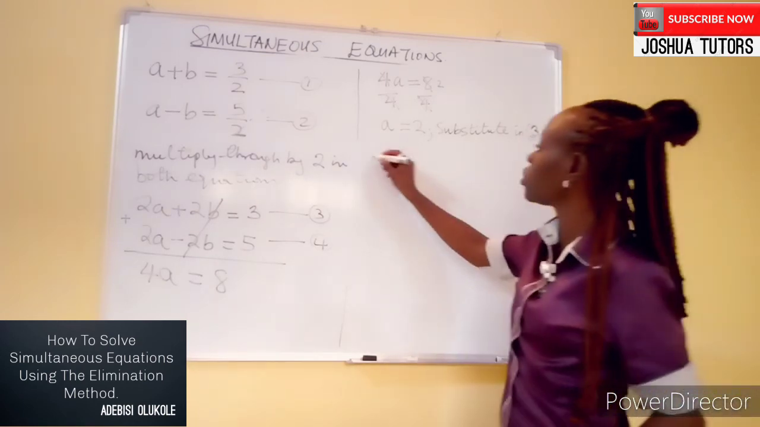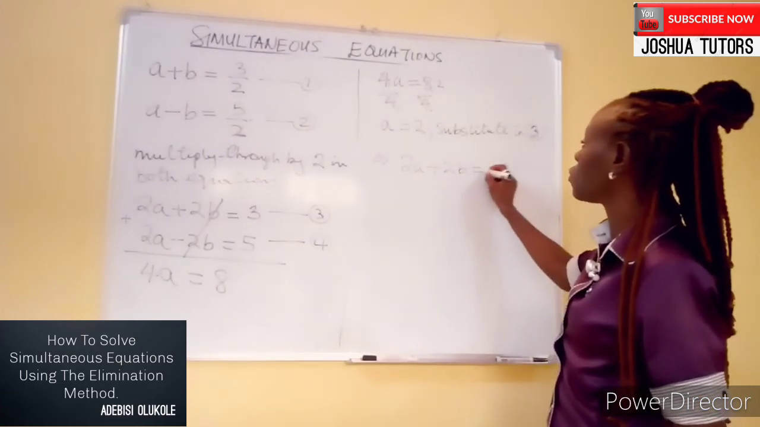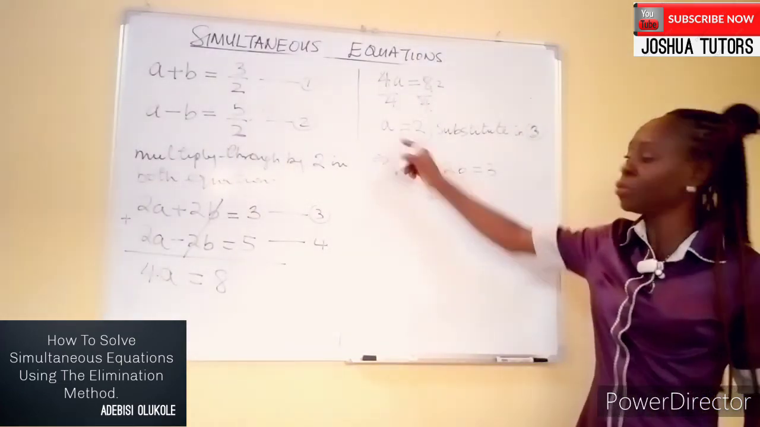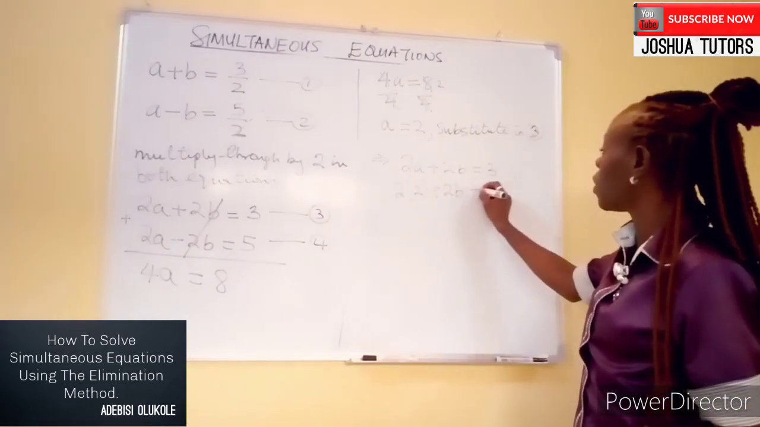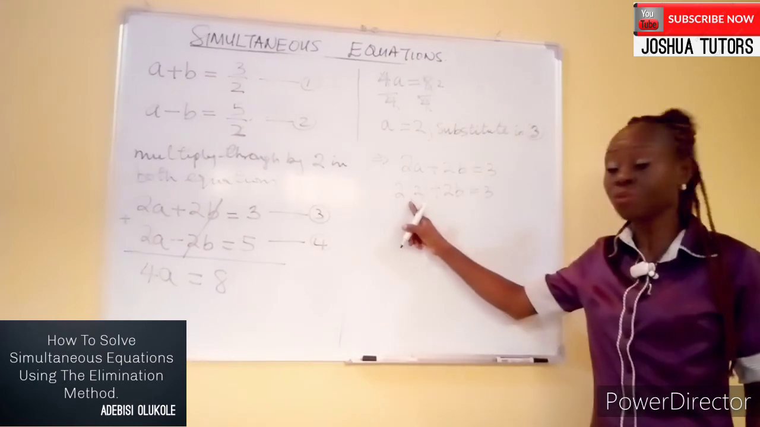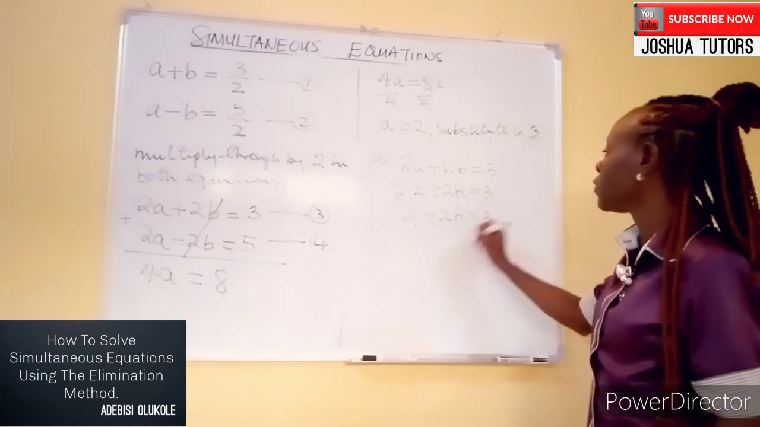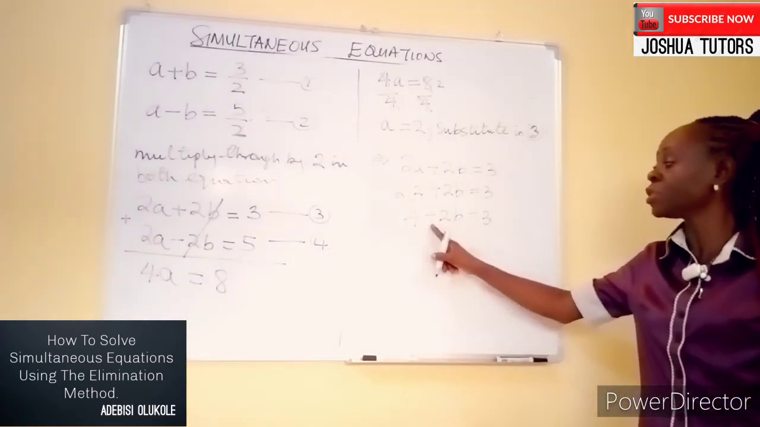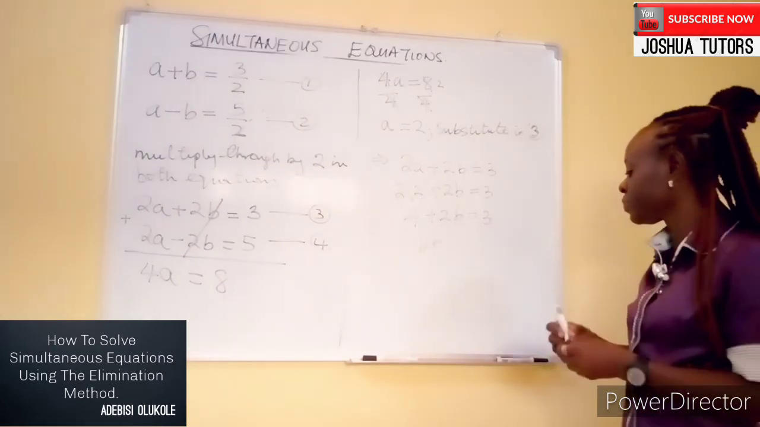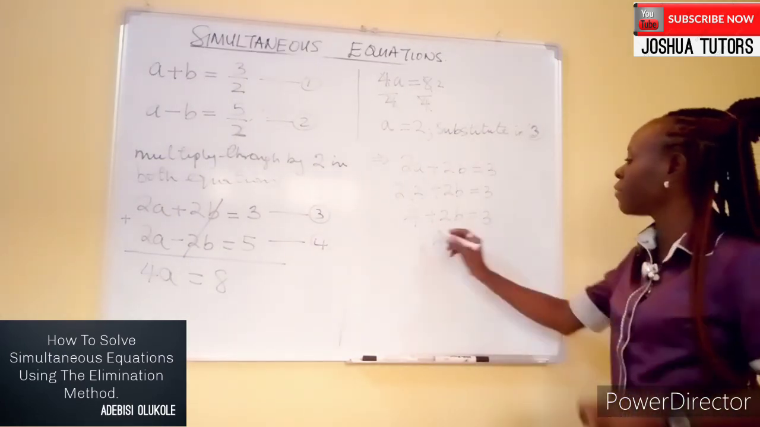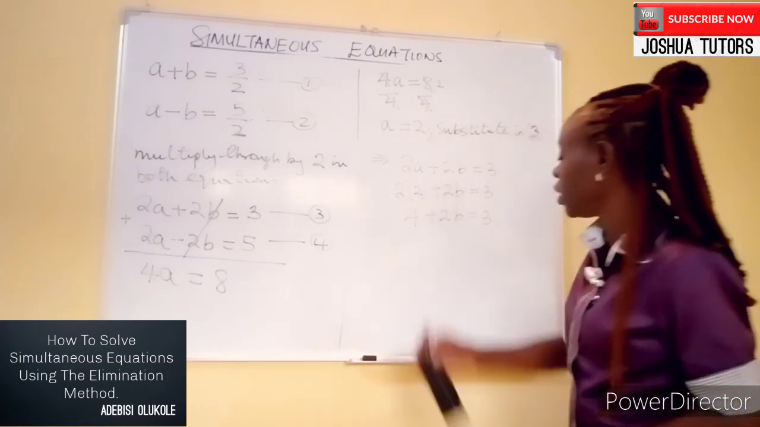What is equation 3? Equation 3 is 2A plus 2B equal to 3. The value of A here is 2. So 2 into 2 plus 2B equal to 3. 2 times 2 is 4, plus 2B equal to 3. 2B stays where it is. The coefficient is positive. I'm going to move 4 to the other side. So I have 2B